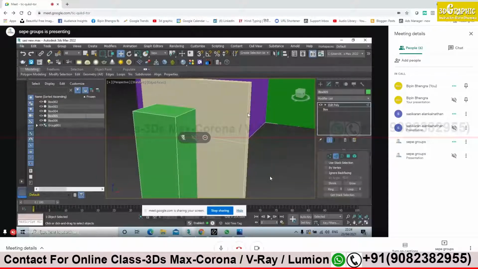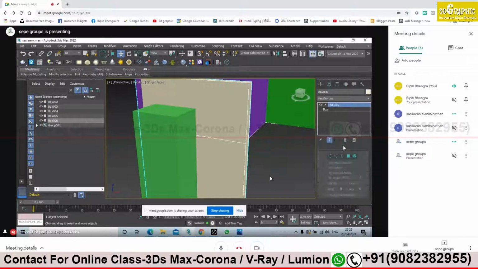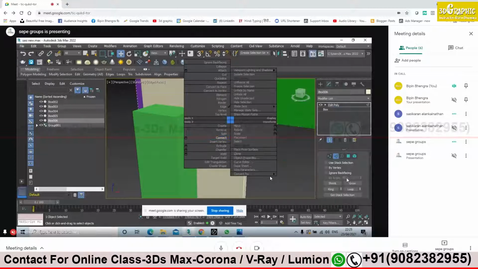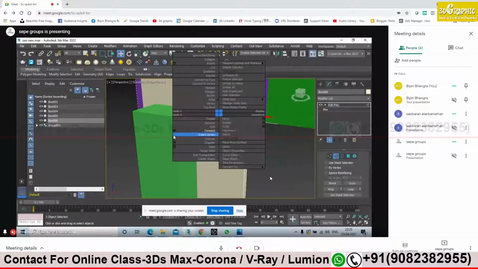Sasikiran? Yes. I couldn't select the face. What are you trying to do? You have created the top edge. I'm seeing only the bottom edge. Where is the top edge? No, you have the wrong box. You have created wall. You have not selected the wall. Yes, you have selected a wrong box. Now click on the edge first. Yes. Now ring. Ring. Yes. Now connect.